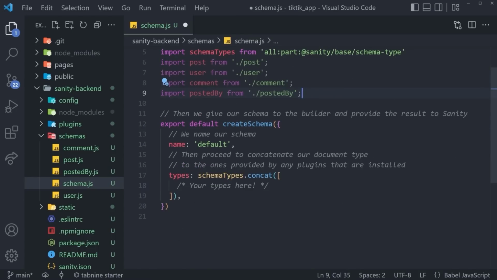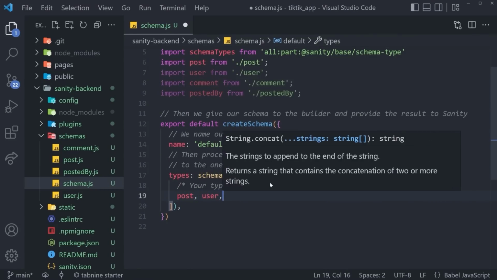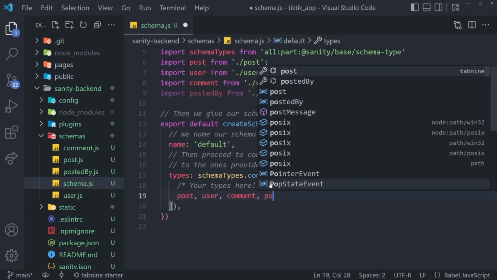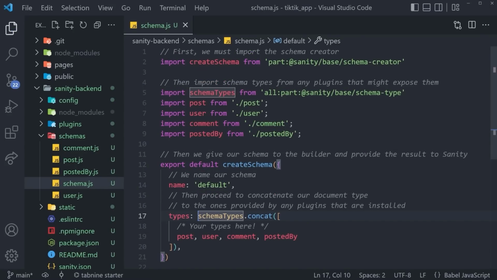And now we have to add all of our schemas right here. So we can simply add them. That's going to be post, user, comment, and posted by. That's it. With this, Sanity is immediately going to read our schemas and it's going to populate them inside of